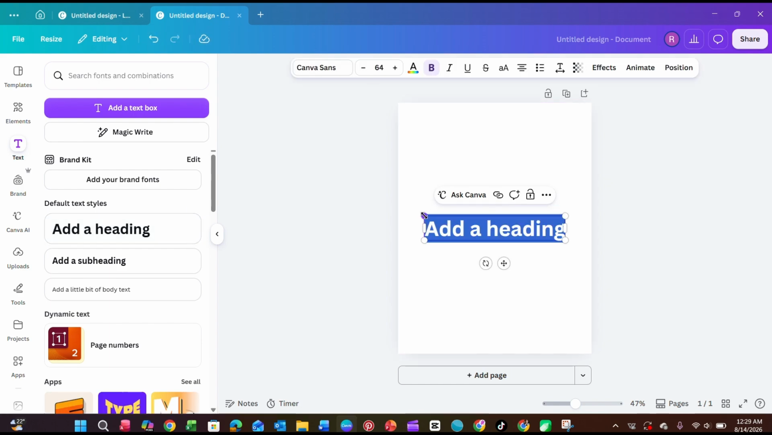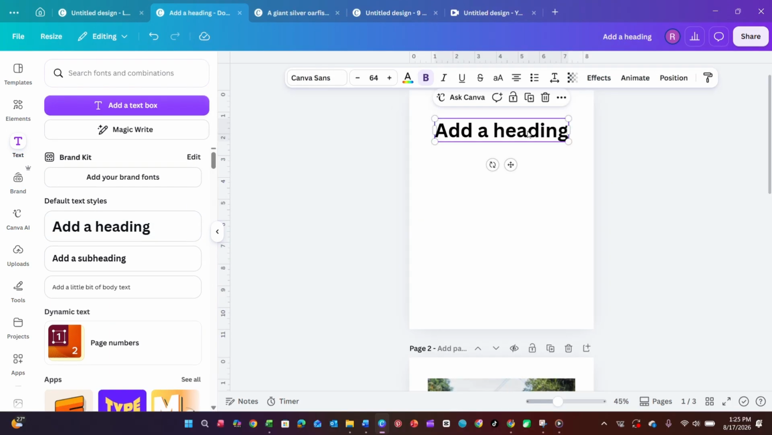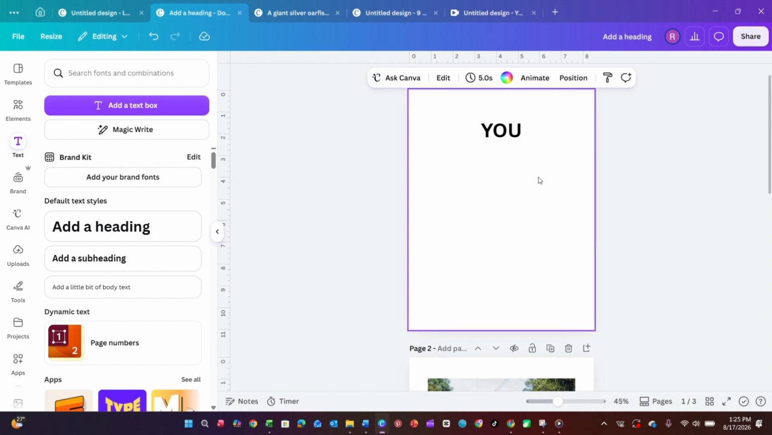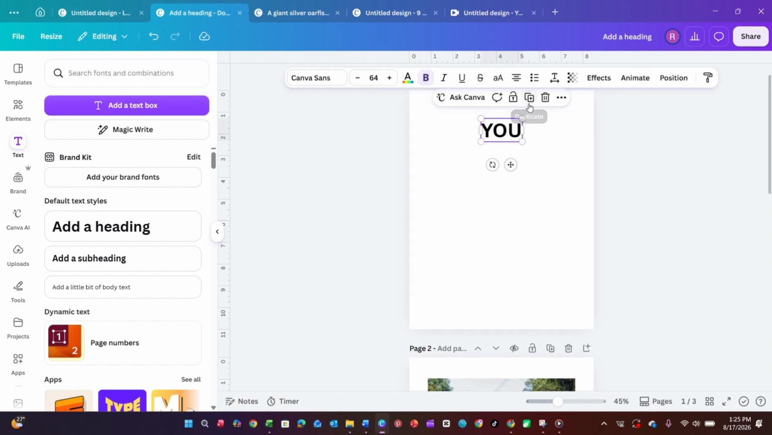Okay, well then once your layout was opened, you come here to text, then add heading. Then we are going to type motivational, like you got this. So let me type you got this, you, and then you can duplicate. So let me duplicate this, duplicate again, and then position them next to each other. Let me type got this,